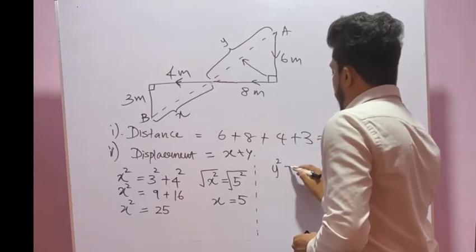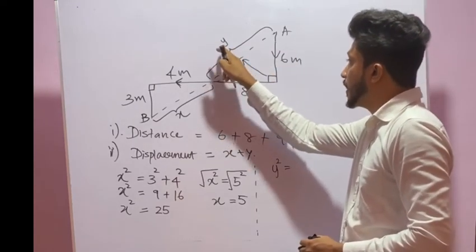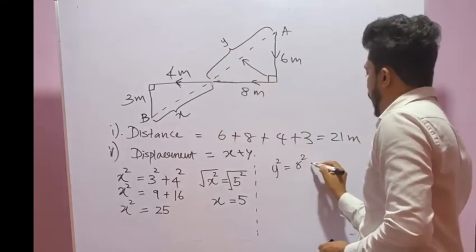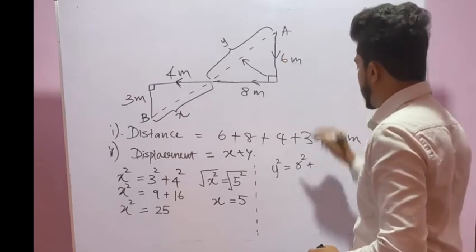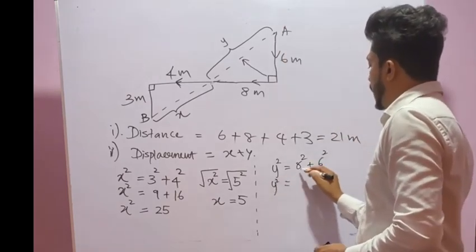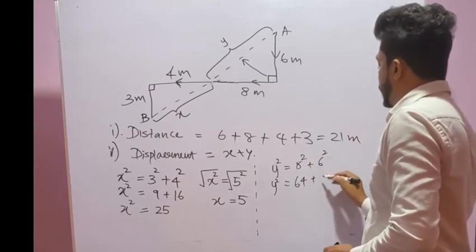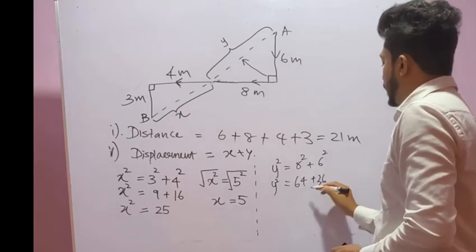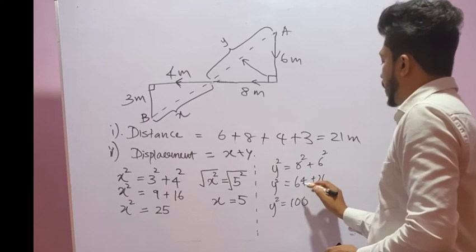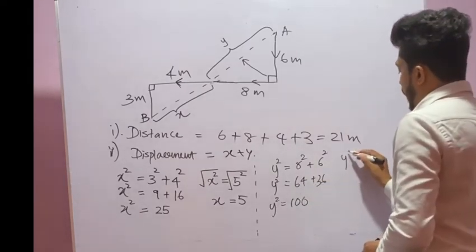Y square, by applying the Pythagoras theorem, we can say y square equals this 8 square plus this 6 square. Y square equals 8 square means 64, and 6 square means 36. That means y square equals 100. 64 plus 36 means 100. Then y square equals